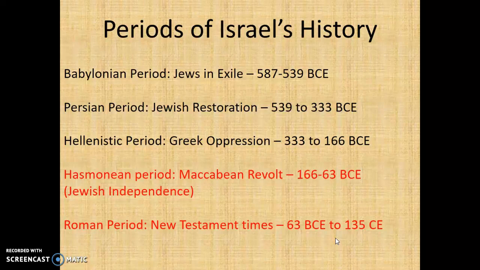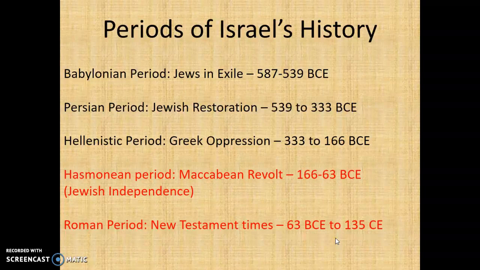Of course, we talked about in Genesis and other places that the people of Israel were formed by God really to be a blessing to the nations, and they had a long history of rebelling against God, but then God bringing them back into the fold, and then they were in slavery, and then they had judges and they had monarchs. So a long period of Israel's history, and the Old Testament tells us that, and their relationship with God and how that plays out.